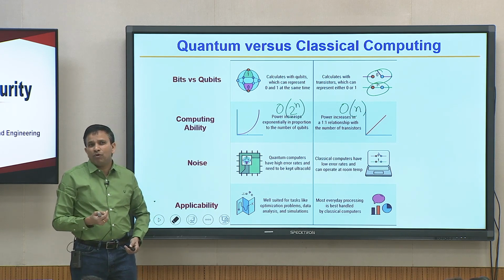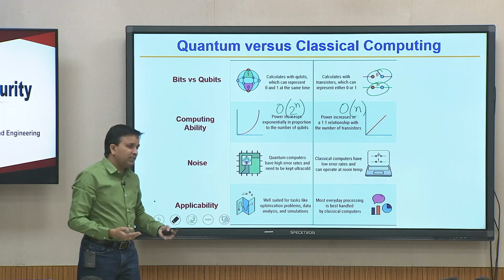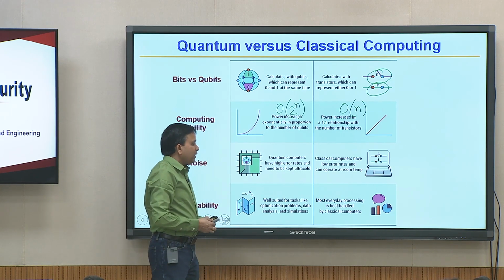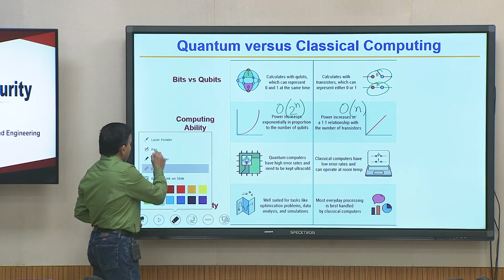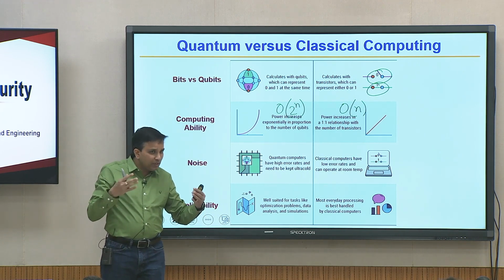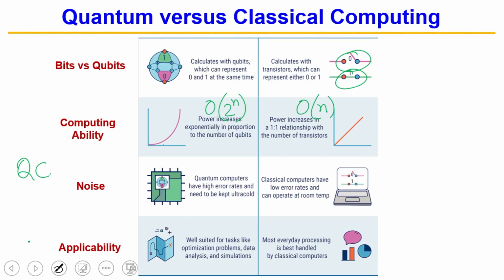I will give you a flavor on what type of problems you should apply, and if you study the theory of computing or quantum computing, there is a quantum polynomial time class of problem. Earlier, if you studied quantum computing complexity, it would not be there, but these days you will find another class of problem, the quantum polynomial time problem. For those problems, quantum computer is wonderful, certain optimizations.